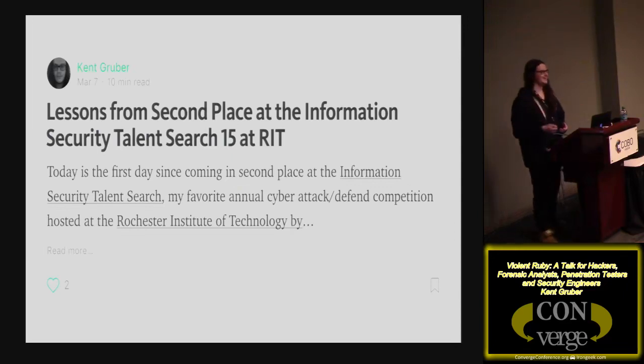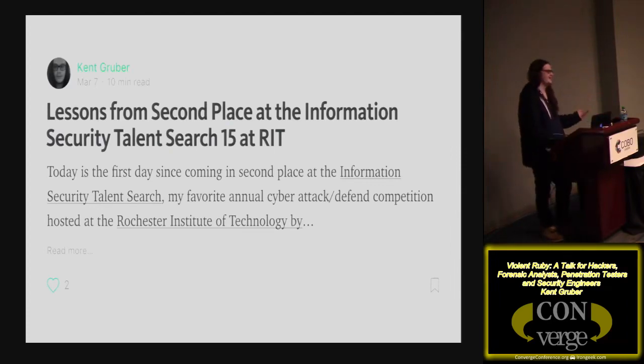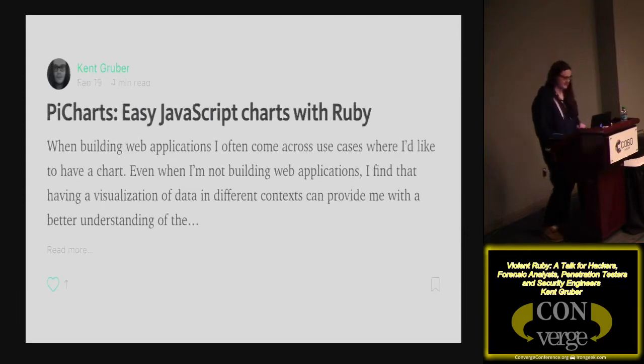I cloned it, got my own copy, and then found vulnerabilities in the scoring engine so that I could tell them, hey, I found vulnerabilities in your scoring engine, so could you give me points? Could you help me out? I can't really hack the scoring engines because I'd be out of scope of the competition, though I was able to figure out how to do that.